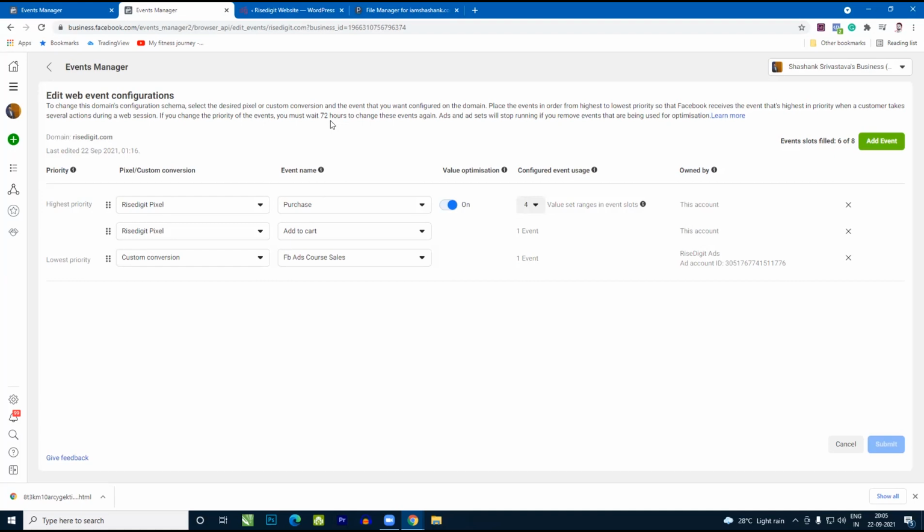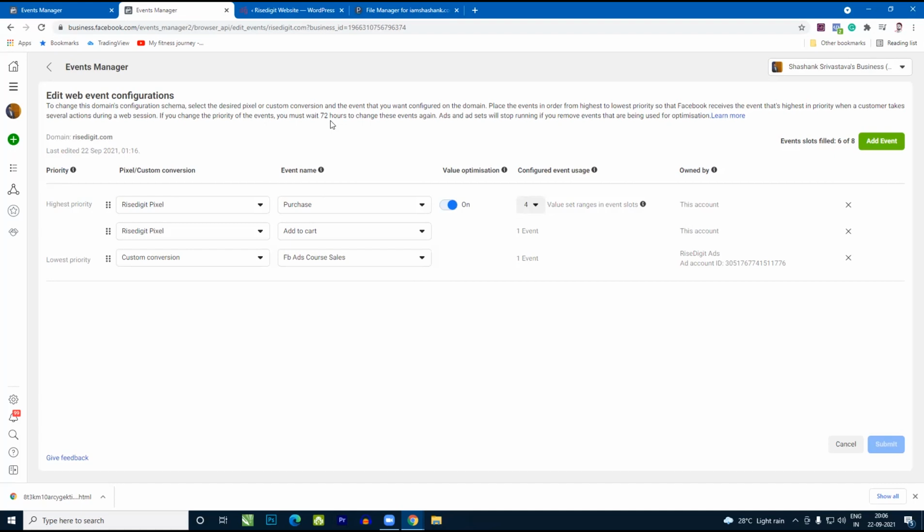Even when iOS device users say that they don't want to be tracked, Facebook, or any other website, is still allowed to track one single event, which is the highest priority event. Meaning they will still be able to track one event, which is the highest priority according to you.